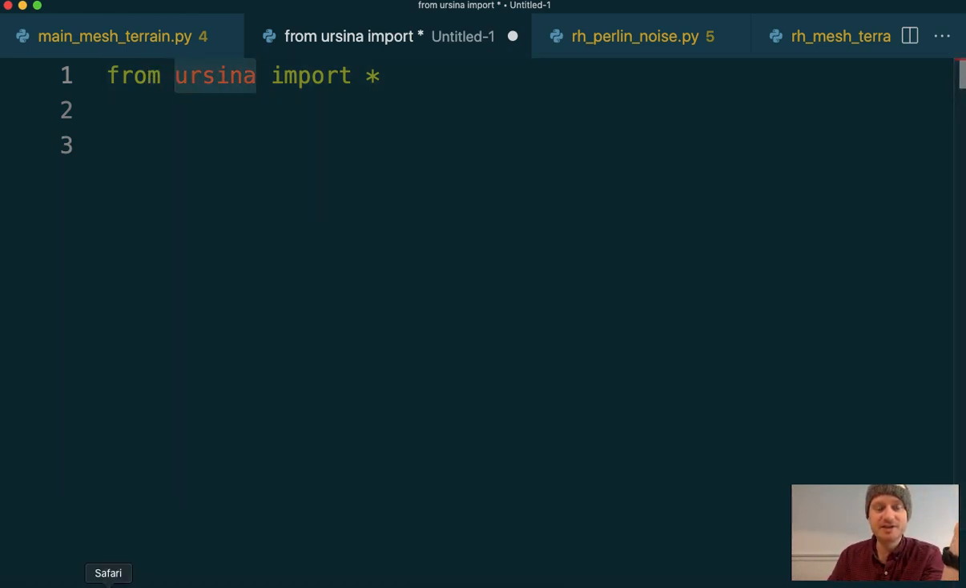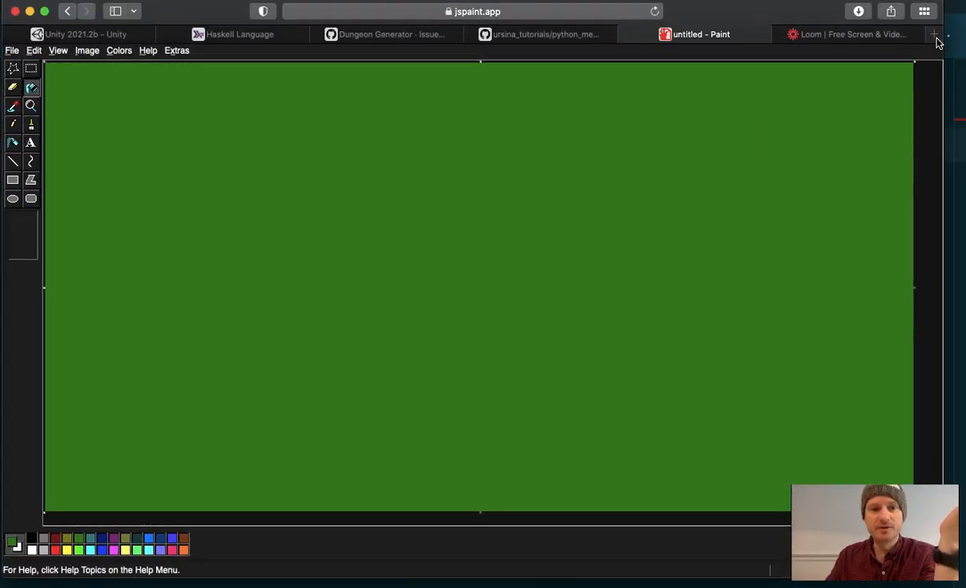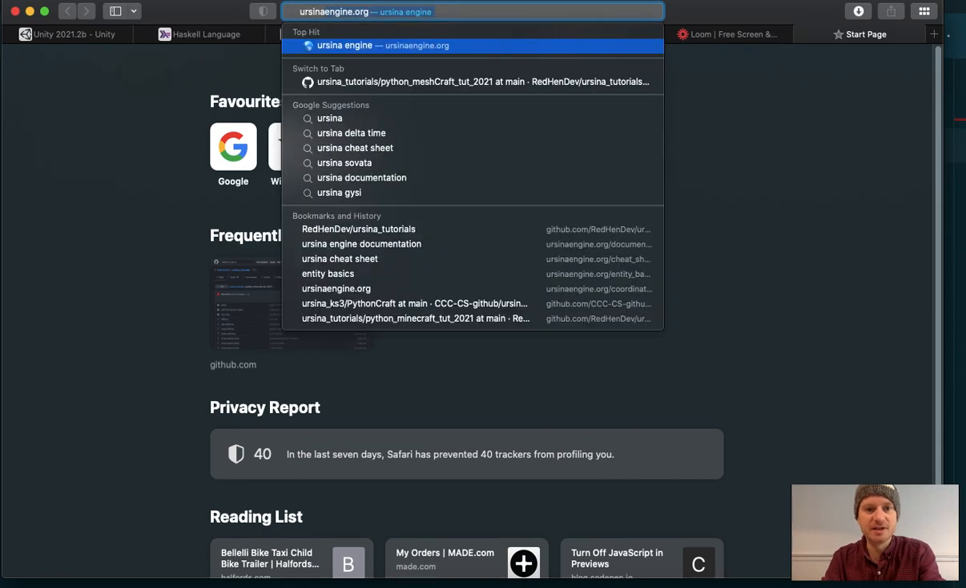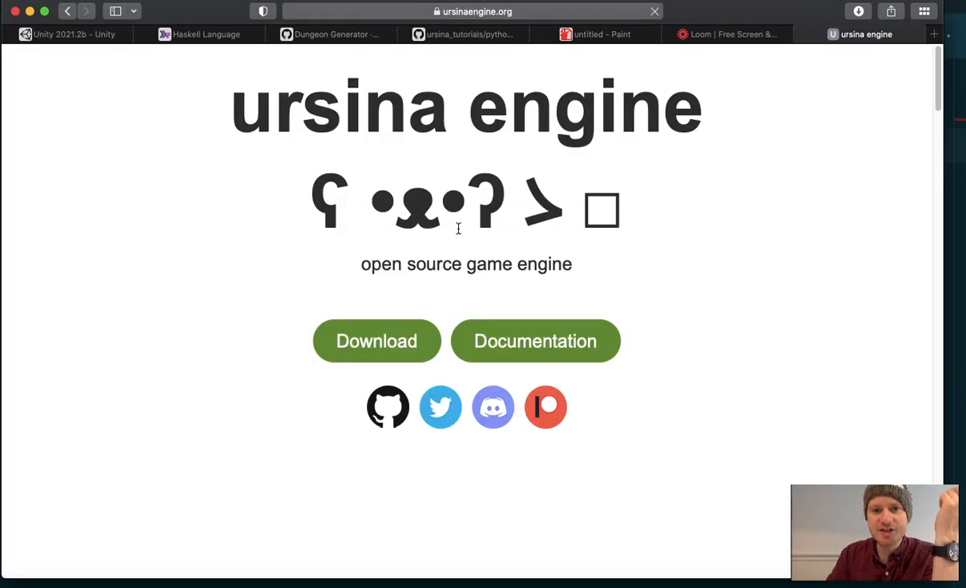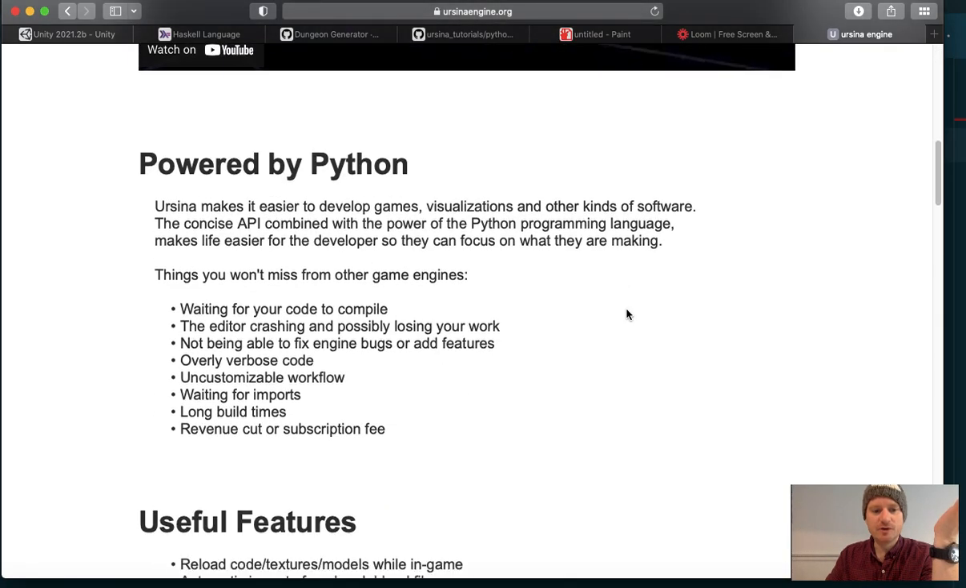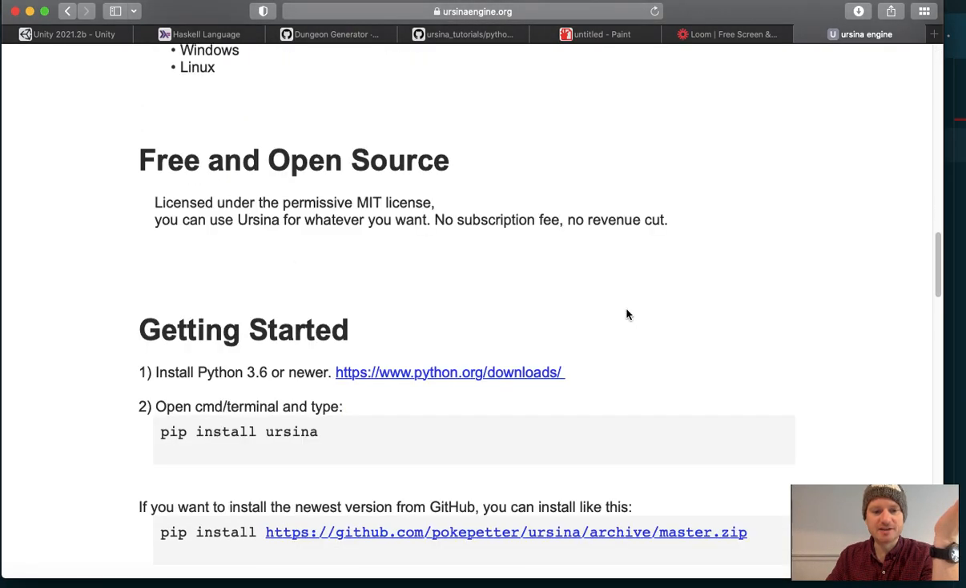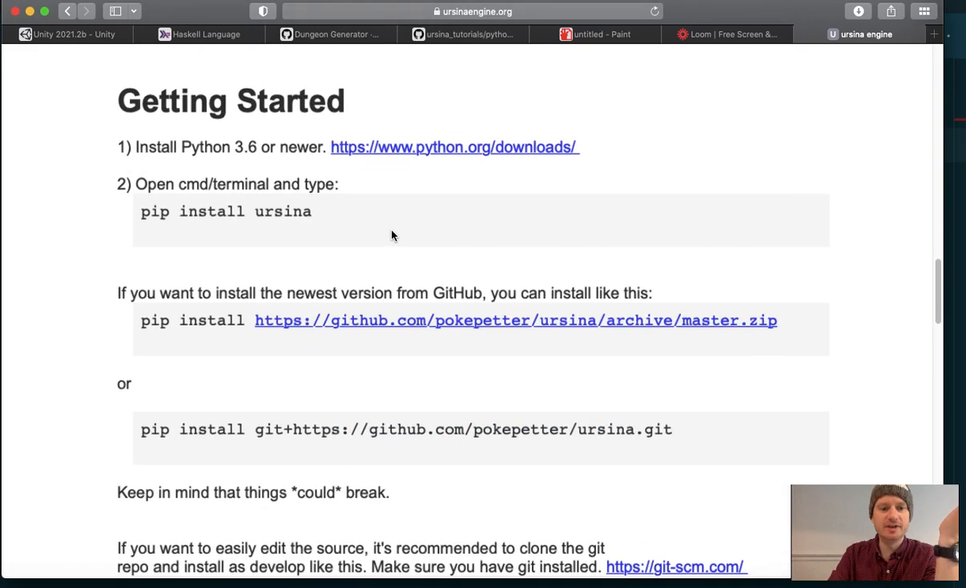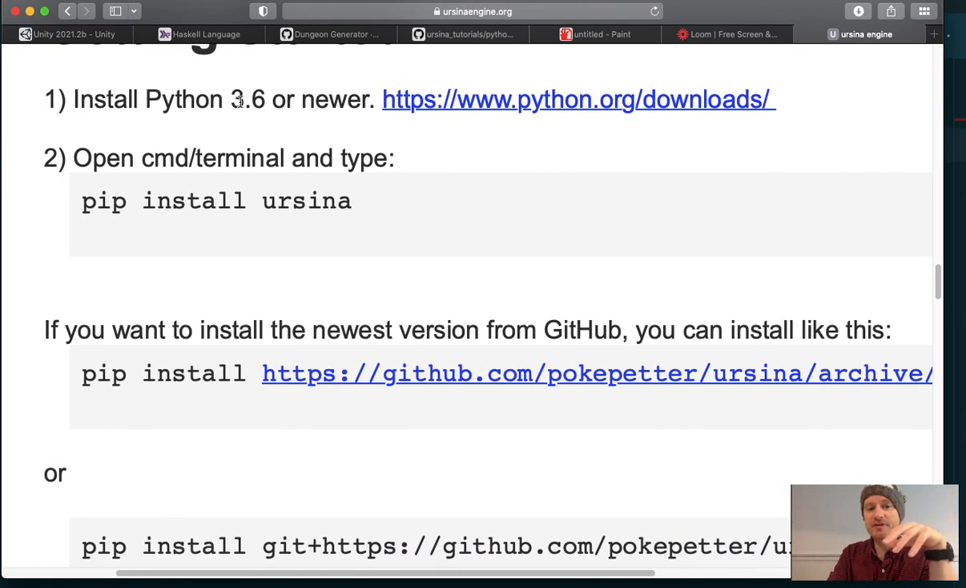So it's very easy to install Ursina. Let's just go to ursinaengine.org. On here, we've got all the information for getting started. So literally, to install Ursina, you need Python 3.6 or newer, which you've probably already got. If you haven't, you can follow that link. And then in the command line or the terminal, you just need to write pip install ursina,